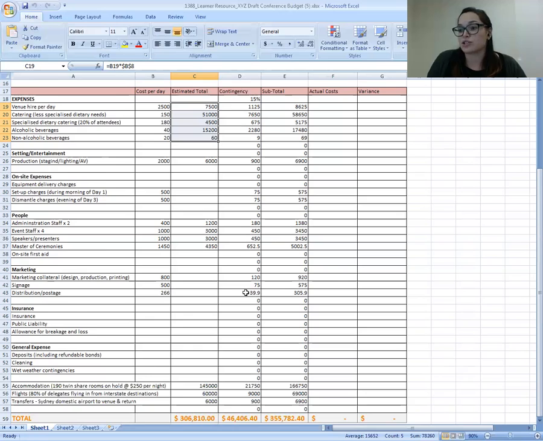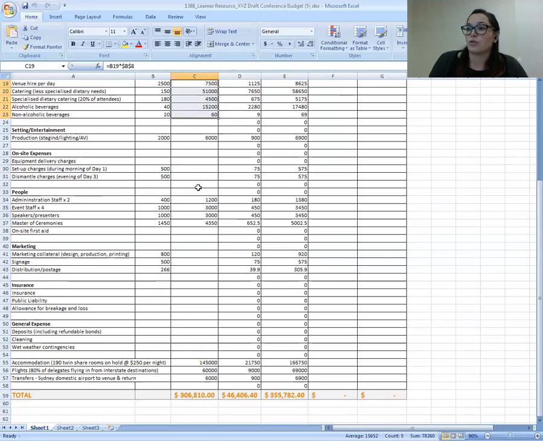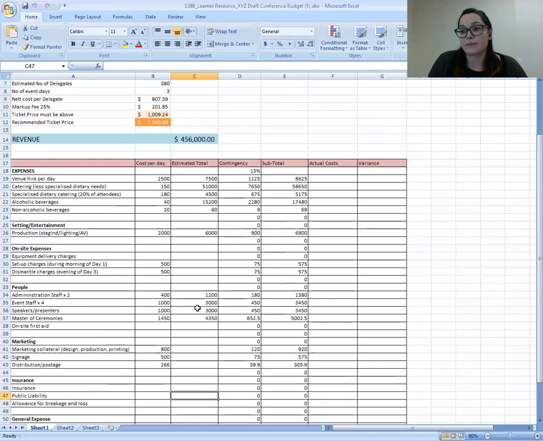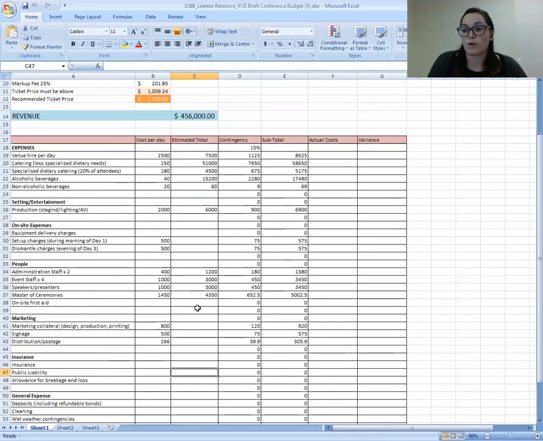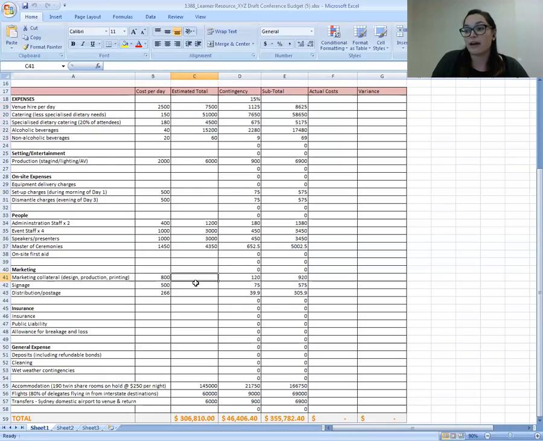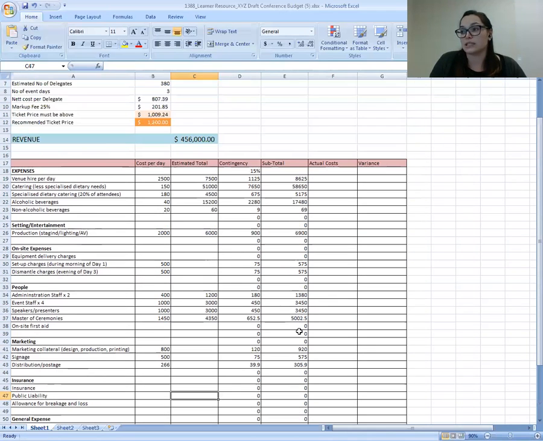So you definitely want to double check that, but making sure that your on-site expenses have an estimated total and that your marketing section has an estimated total. So again, taking into account whether you're going to be doing any marketing on the day or for the 3 days, maybe it's in the lead up. So is $800 enough? And then if so, if you don't want to change any of that, you can just give me an estimated total and make sure all of that fits together nicely with your contingency and your subtotal